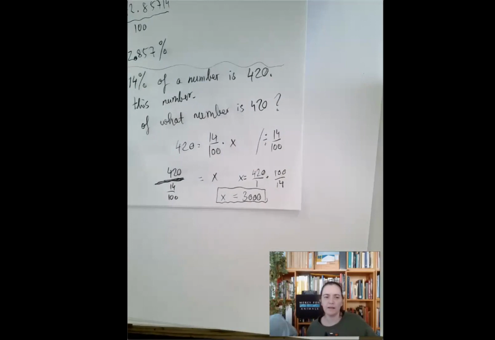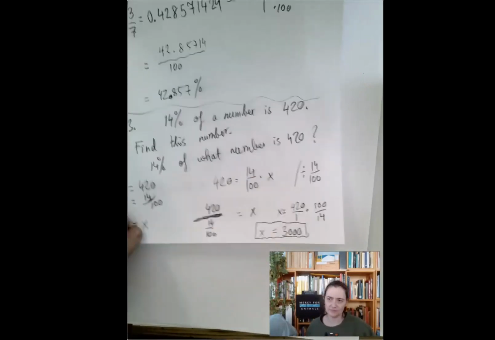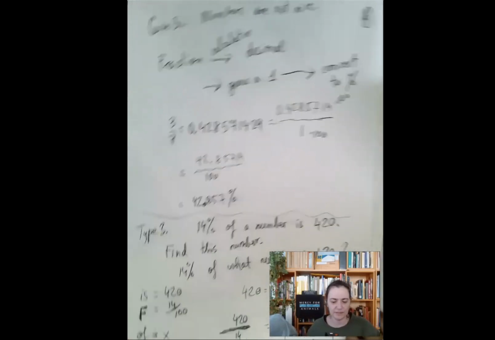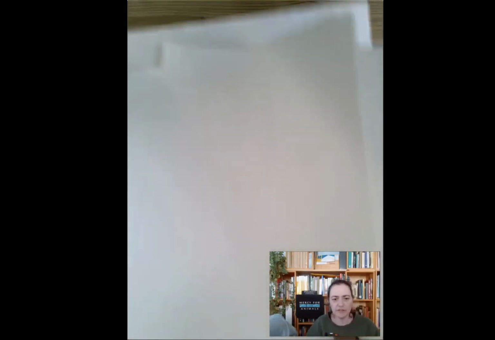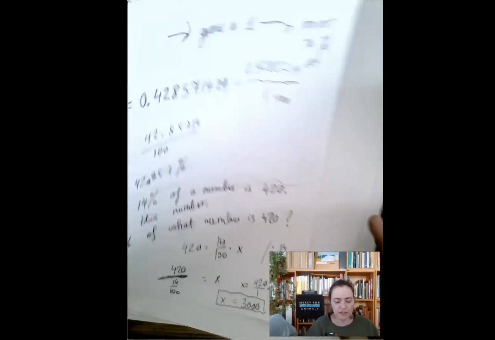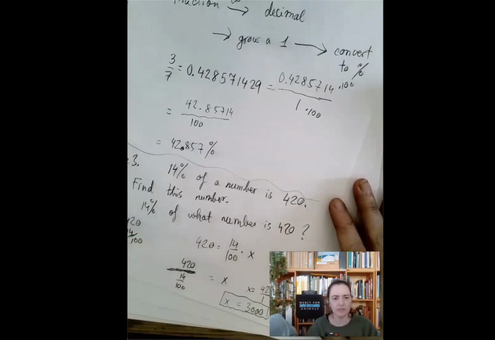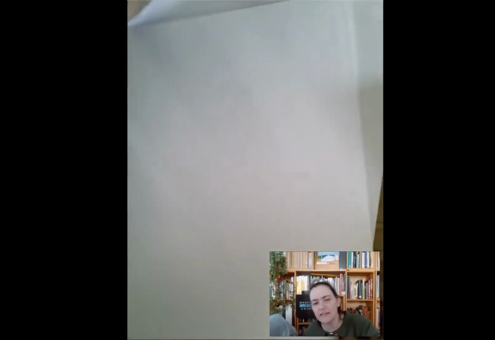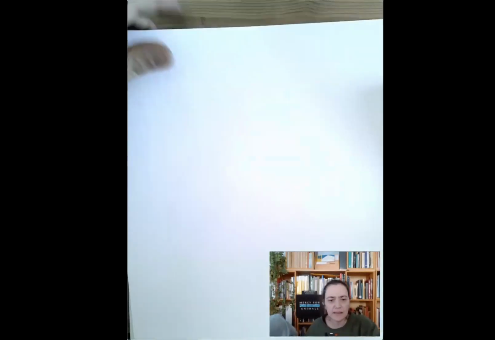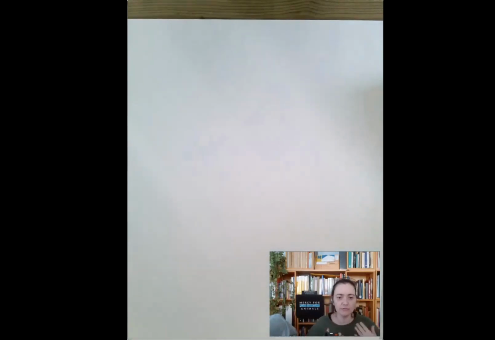Okay. Very good. Any questions? Things will get pretty tricky pretty quickly. Type 1, actually, they're all interesting. First of all, a lot of the time the problem becomes trivial if you can boil it down to a question like 14% of what number is 420, or find 35% of something. Those are basic questions. You will see very quickly what I mean. And sometimes to solve a problem, you have to do several of them. For example,